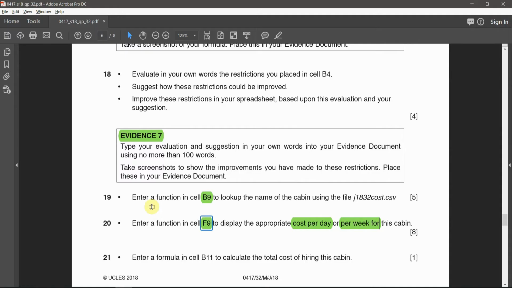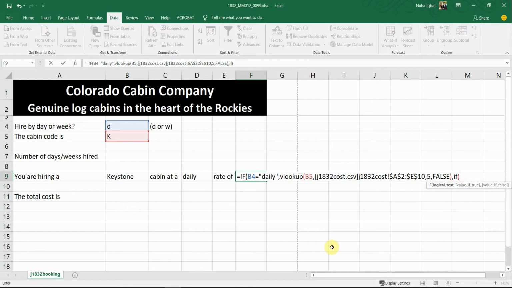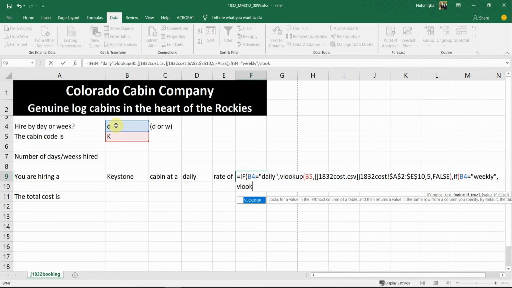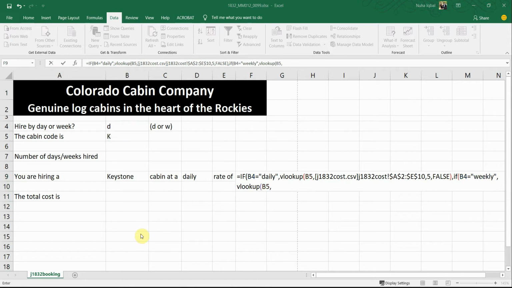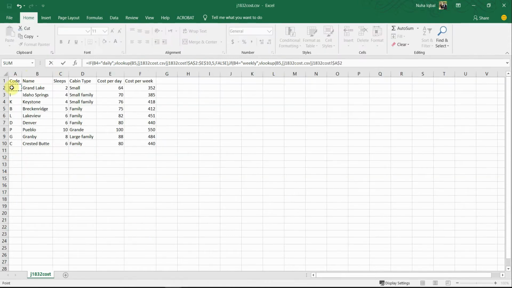Okay, so let's go back again and say that if P4 right now equals weekly, so what to do, comma, if the value is true, what to do right now, we have to use a VLOOKUP, and the value will be taken from here, comma, the table array will be again taken from this external file, but right now I have to include the last column,